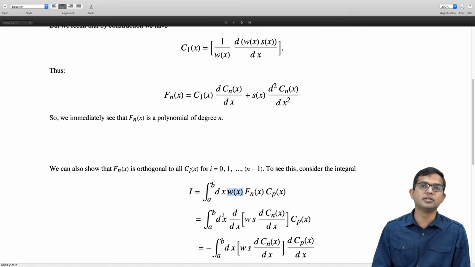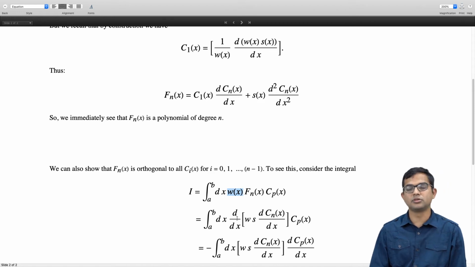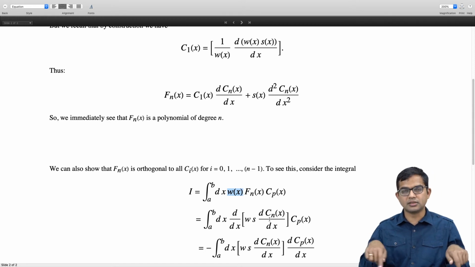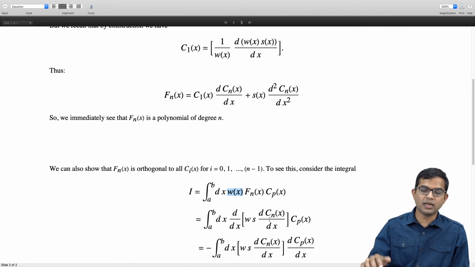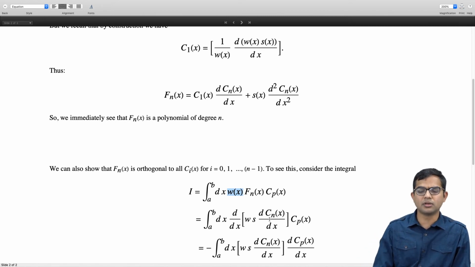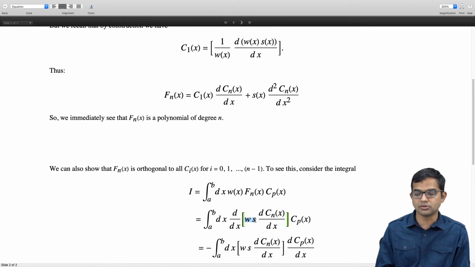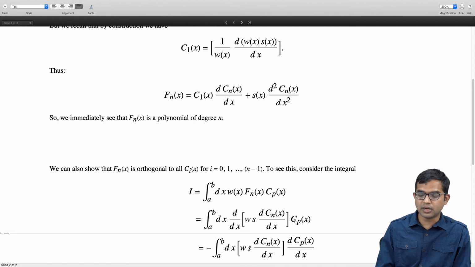And now we integrate this by parts. So you have u dv, so it's going to become uv. So the cp of x times ws d by dx, that's the boundary term from a to b, minus this stuff. But immediately we can argue that the boundary term has to go to 0 because of the manner in which we have chosen our w and s. W and s have been constructed explicitly in such a way that this product ws must be 0 at the boundaries. So since you have this exact product sitting here evaluated at a and b, at each of the boundaries it's going to 0, so the difference is also 0, and so we are left with just minus v du.